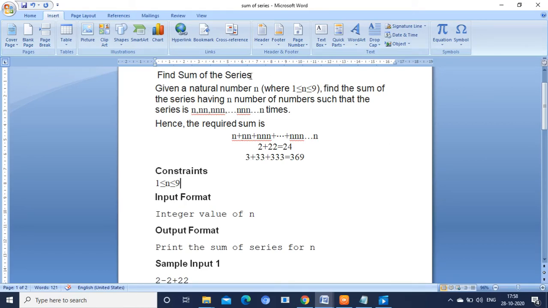I got a solution for this problem, finding the sum of the series using Python programming. For that we have a constraint in the program. The constraint is you need to get an input from the user and that input is within a limit. That specific limit is n should be within 1 to 9, right? And this input should be of data type integer and the output should be in the form of a sum